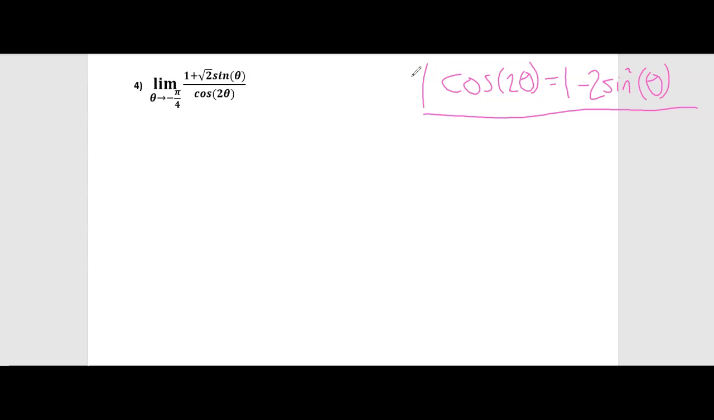Before we try to manipulate anything, we should always jump to our first step, which is try direct substitution. See if we get an indeterminate form, or maybe we just get a real number and that's going to be the answer to this limit. So if I evaluate my numerator, and I substitute in negative pi over 4,